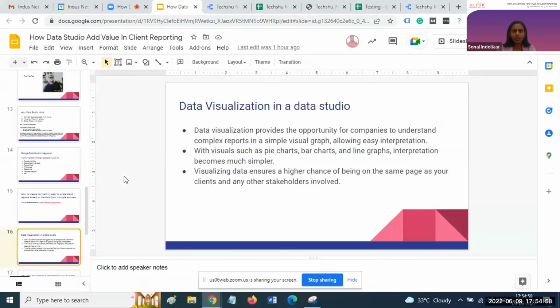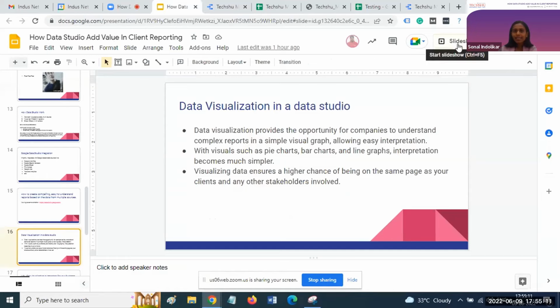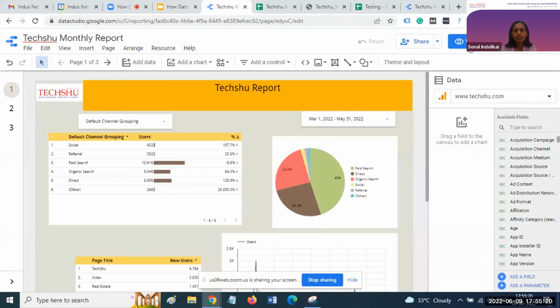So in Data Studio, right now we are in the edit mode. As you know, in Google Slides there is a slideshow option, so we can present our screen in a slide format in the slideshow. Likewise, in Data Studio, we have a view option.